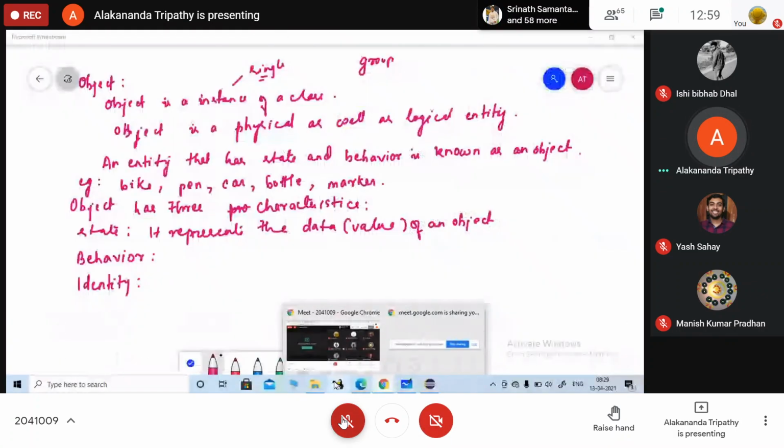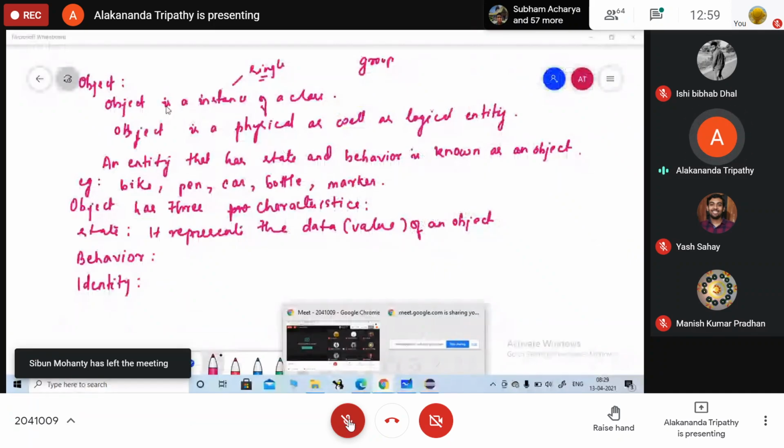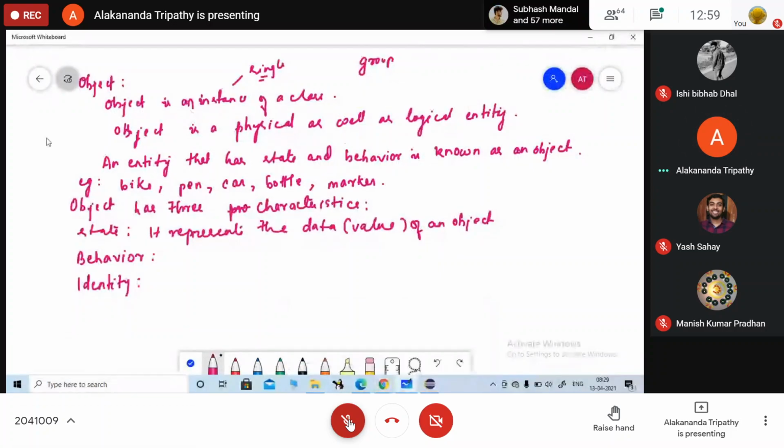Just note it down. The definition: object is an instance of a class. Object is a physical as well as the logical entity. An entity that has state and behavior is known as the object.